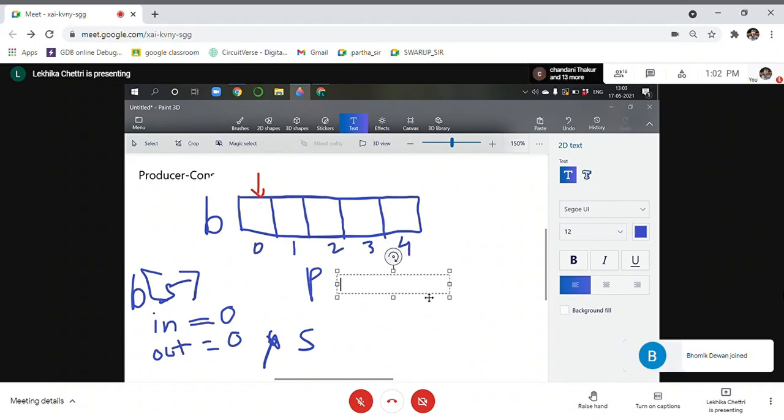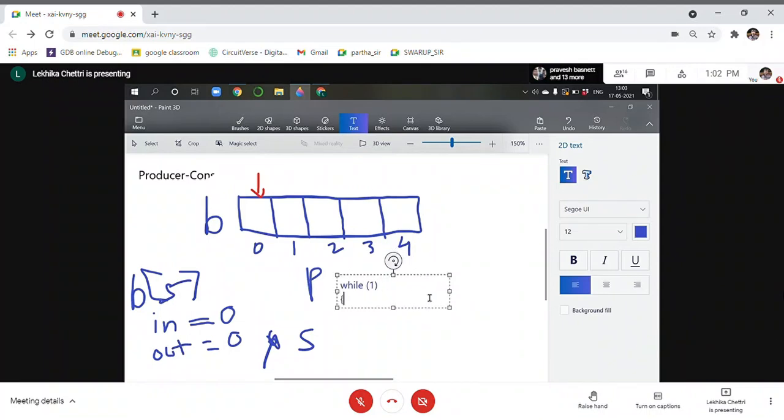Let me make a while true condition. So while it is true, that means while the producer has something to produce, I make it while true.